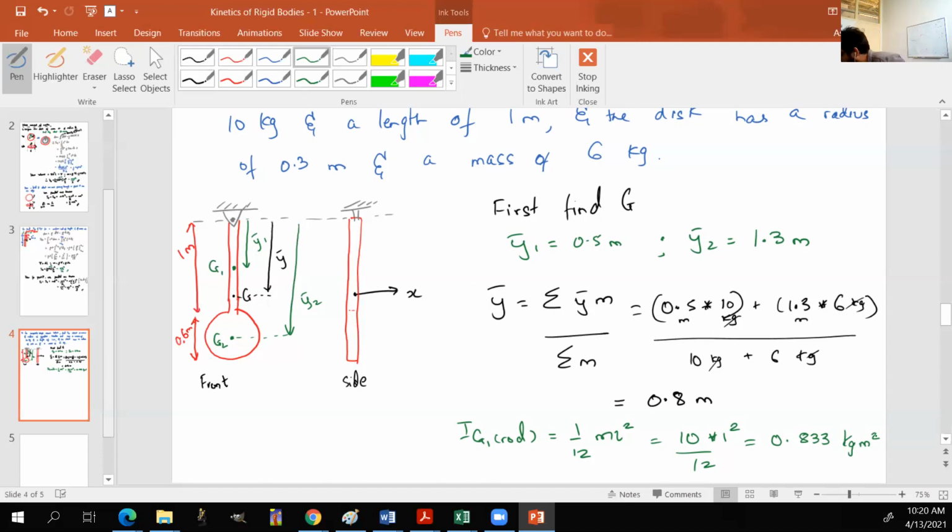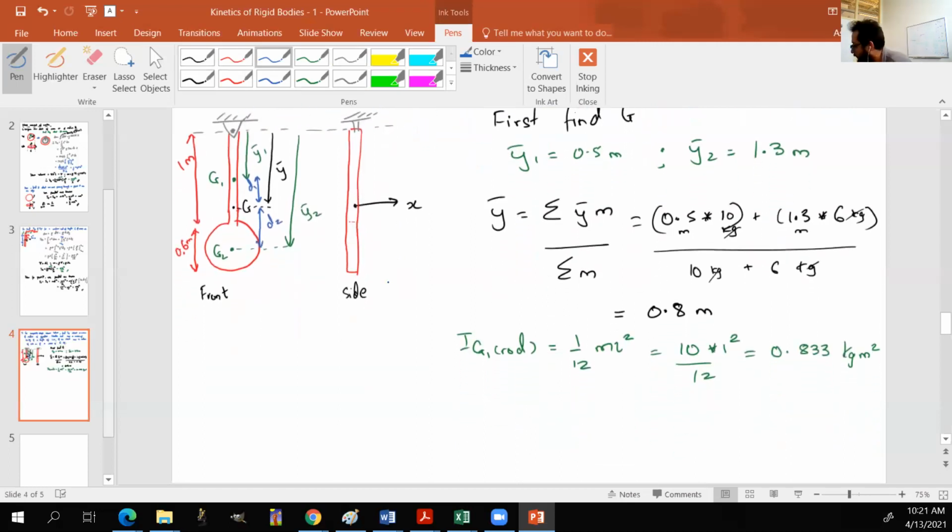Okay, next, what I need to do is find out this distance d1 to use the parallel axis theorem, and subsequently, I'll also have to find out this distance d2 to use the parallel axis theorem, right? So d1 is just equal to y bar minus y bar 1, which is 0.8 minus 0.5, so you get 0.3 meters,